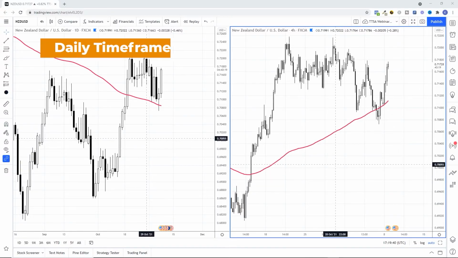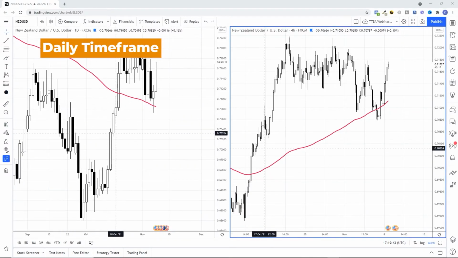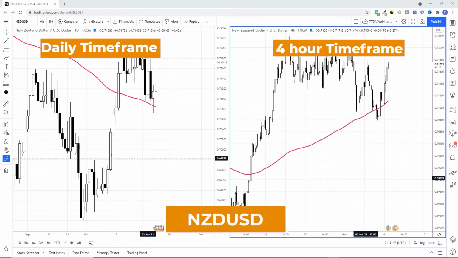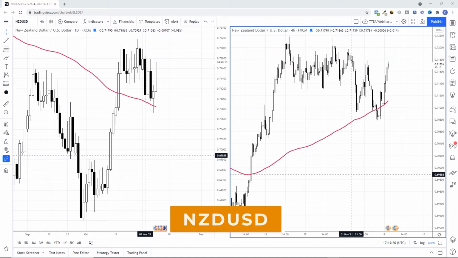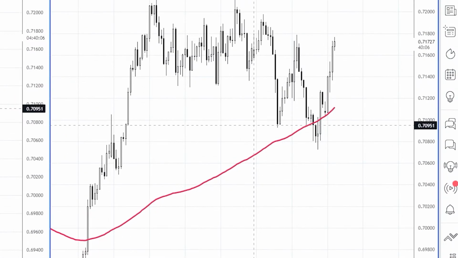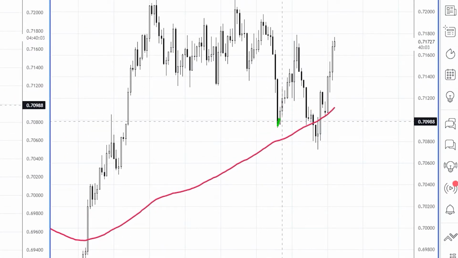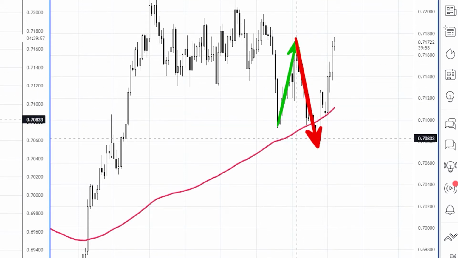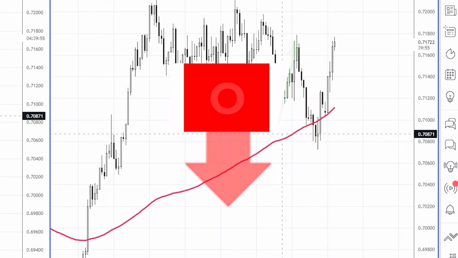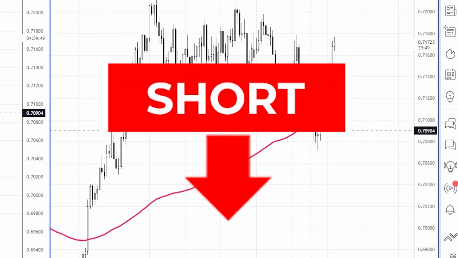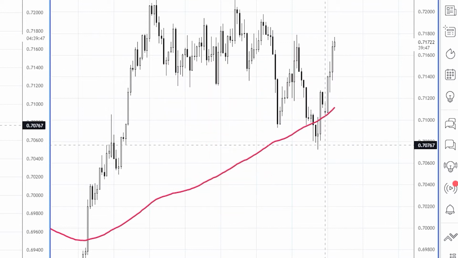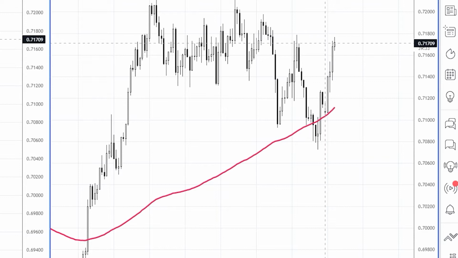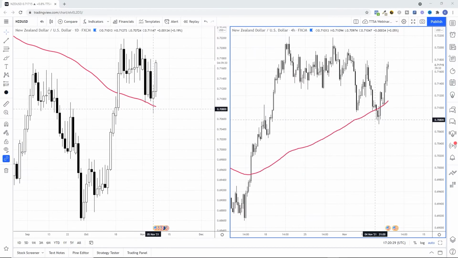Okay, so here we've got the daily time frame on the left and we've got the 4-hour time frame on the right, and this is NZDUSD, that's New Zealand dollar versus US dollar. Now at this point here where we have this significant low bouncing off here and it's coming back down, you may be thinking that this is an opportunity to possibly short, but this in actual fact was a trap. Anyone going short here would be massively losing right now,